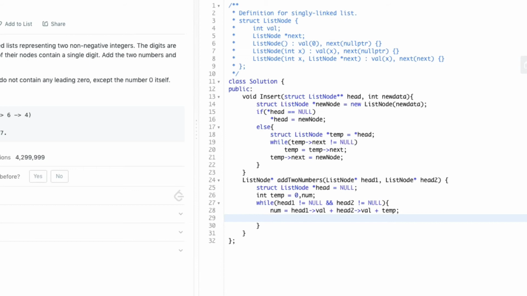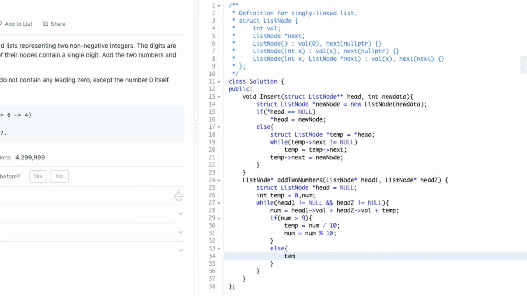And we check whether num is greater than 9. If so, we store num divided by 10 in temp and make num equal to num mod 10. If num is not greater than 9, then we make temp 0.